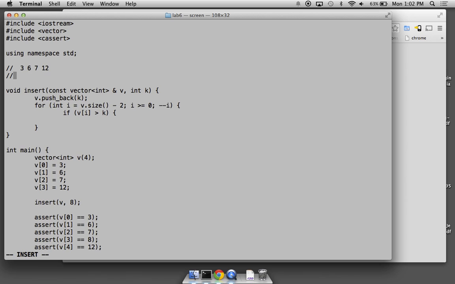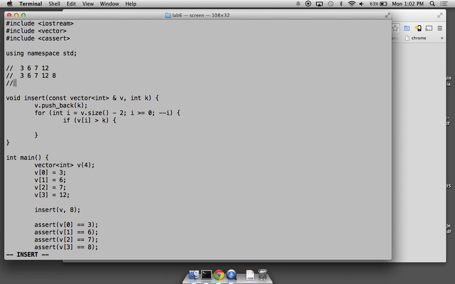And then we start with I equal to, I'm sorry, we don't start with that. We push back K, which is 8. We can either start with I here or start with I there. It doesn't really matter. Do you want to start with I at the end or I one before the end? Any preferences? Just use a variable. So we push back the K,